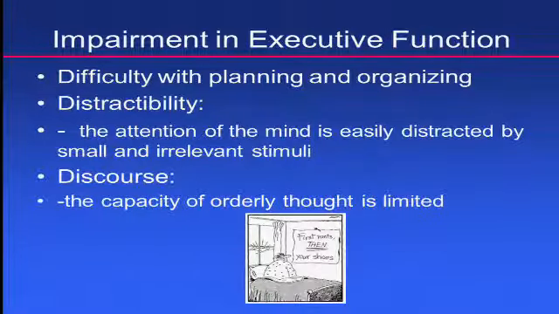So you might also notice some impairments in executive functioning. So there can be some difficulties in planning and organizing. So there's a difficulty in managing a checkbook, for example. You might notice that your loved one is distractible. So as you talk to him or her, they pay attention to everything else and are distracted by other stimuli, but not paying attention to you.